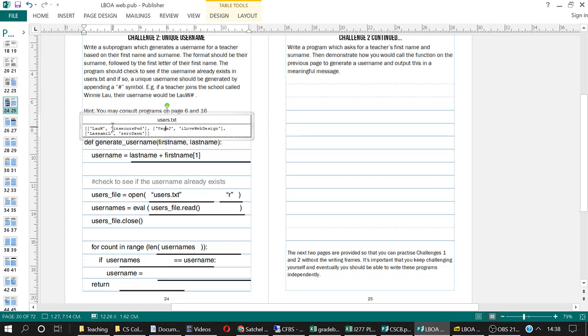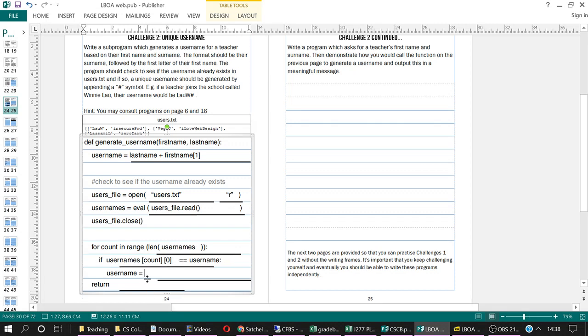So this would be count of 0, this would be count of 1, this would be count of 2, and that would be the end of our list. But within that, you've also got these sublists. So this would be 0, 0, 1, 0, 2, 0, right? So we're going to take if usernames count 0 is equal to the username,